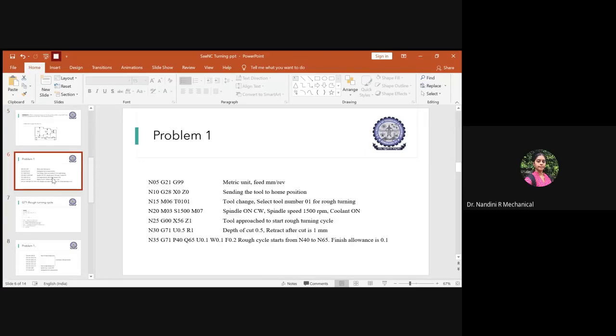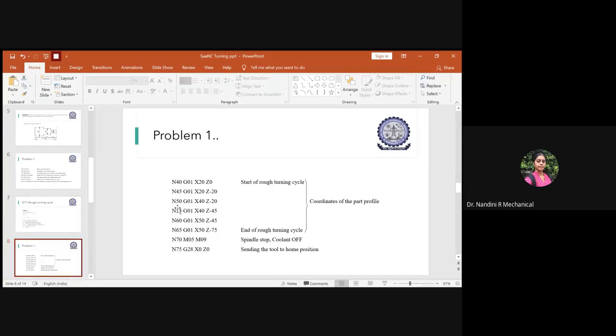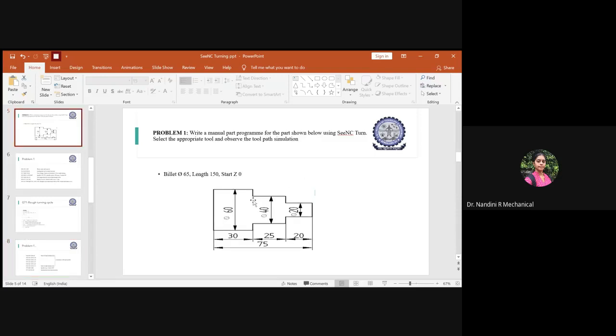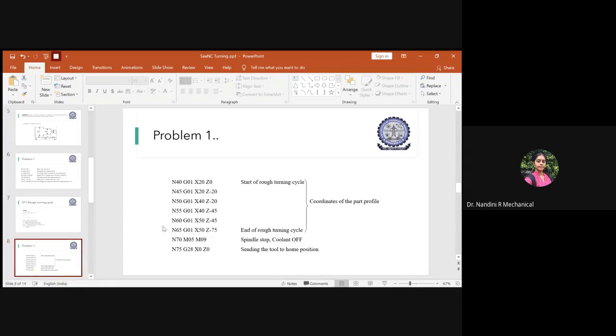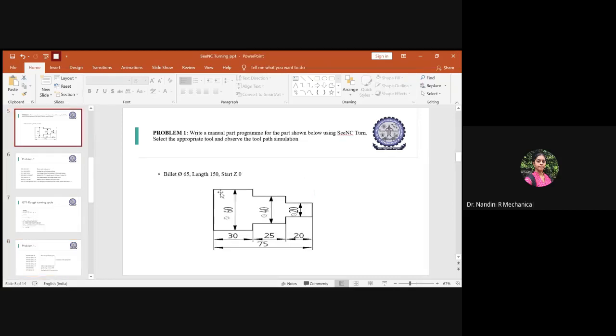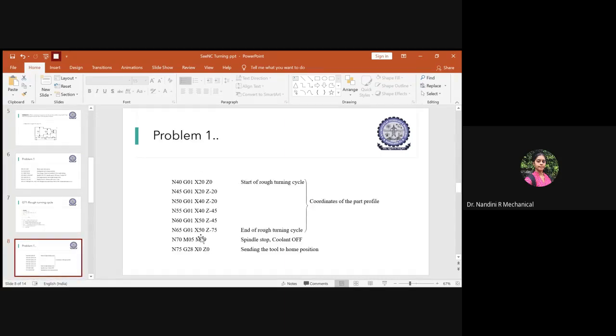After this, until where we did? Okay, so we did with X40 and Z45, yeah. After we were here, then we increased this to 60. It has to be 60. In the part program, it is written wrongly as 50. We don't have the dimension for 50 here. The overall diameter of the last block is 60. So please make the change in the part program. It cannot be 50, it is 60.